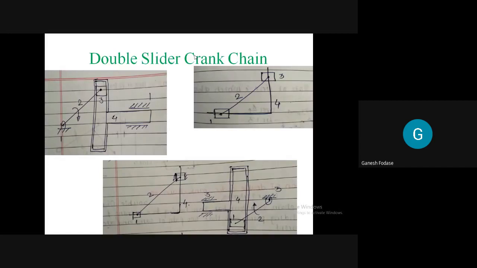So in this case also, let's talk about the first inversion here, and then we will stop. Let's say here link number 1 is fixed. Inversion 1. Of course, we call it inversion 1. When link number 1 is fixed, it means the slider is fixed. So what happened now? We just modified this mechanism to use it in actual practice. Link number 1 is fixed, so this one is the fixed link. You know which kind of pair is formed between 1 and 2? You observe this diagram.